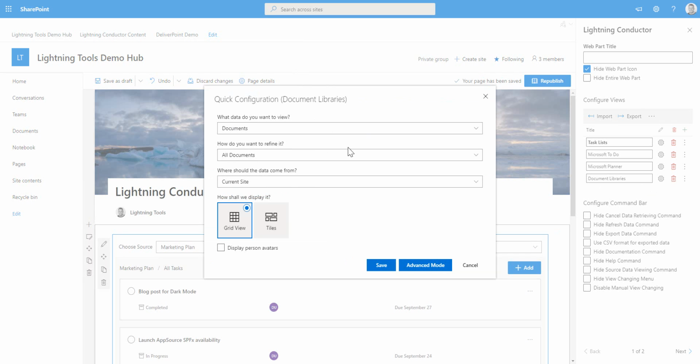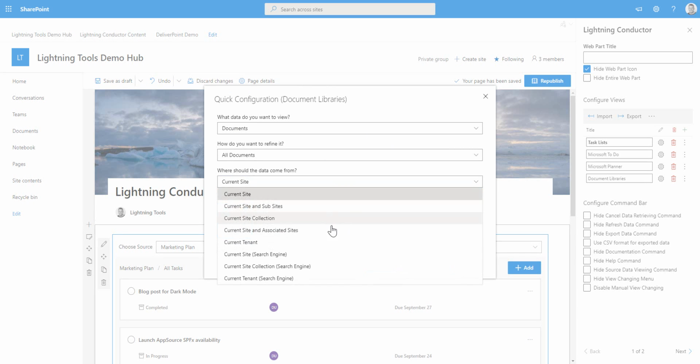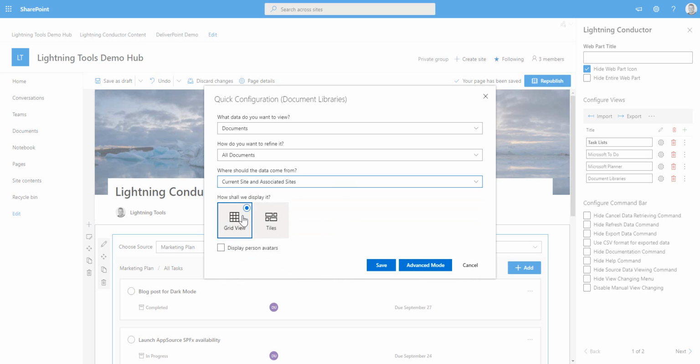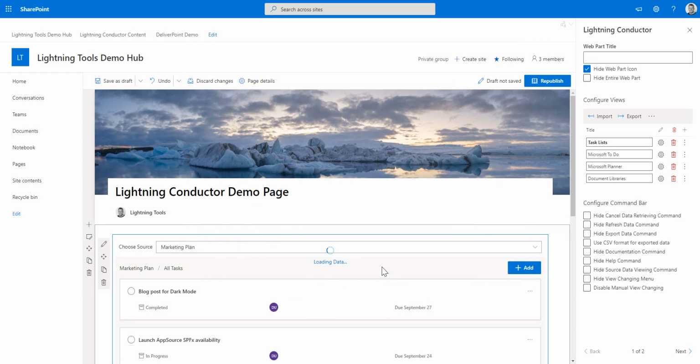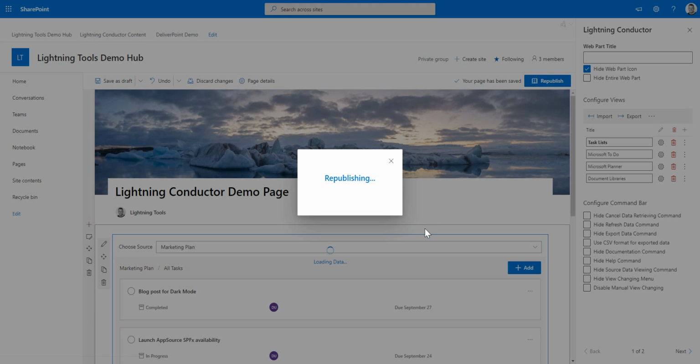I could grab document libraries from perhaps the hub and the associated sites again, and display them in a grid view or also in a tile view. We can also have the person avatars showing up against things like the modified by column and the created by column. And yeah, you'll see here now as we go through and republish that page